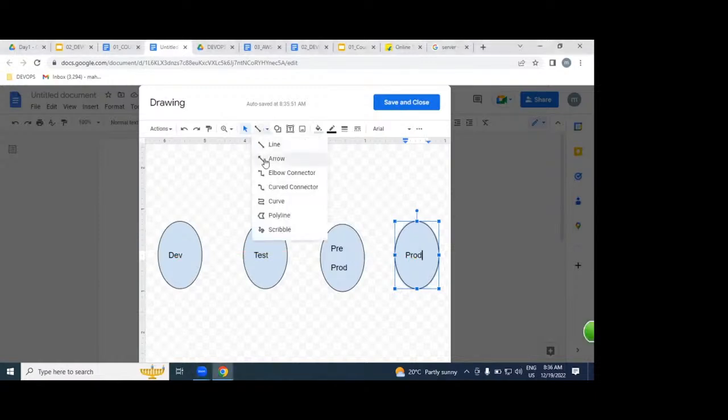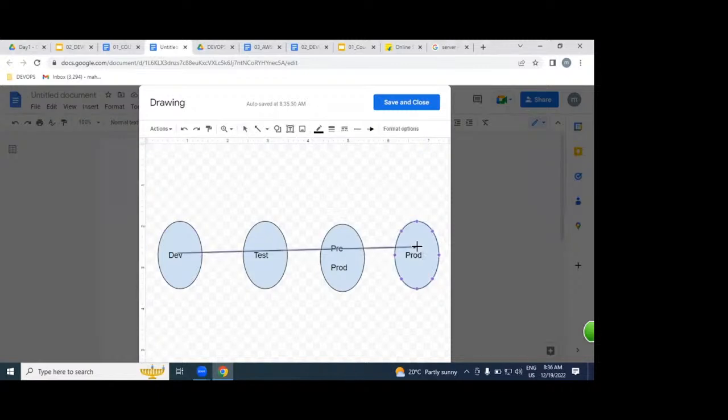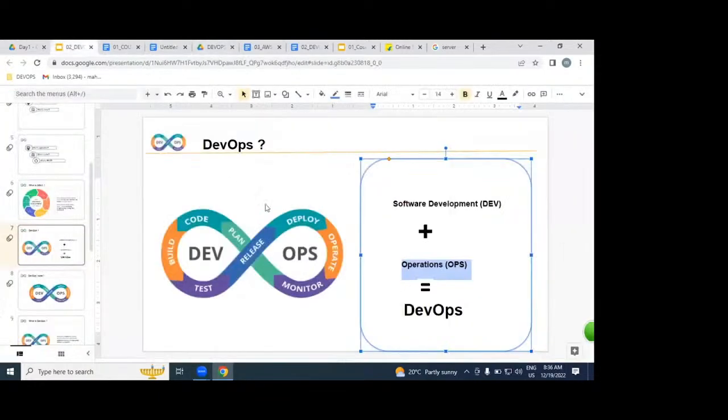But my point is, as a DevOps engineer, our roles and responsibilities start from where? The dev environment. And end where exactly? Production. It's nothing but operations, guys, please. As a DevOps engineer, our roles and responsibilities start from the dev environment and end with operations. That is the point I want to discuss with you.